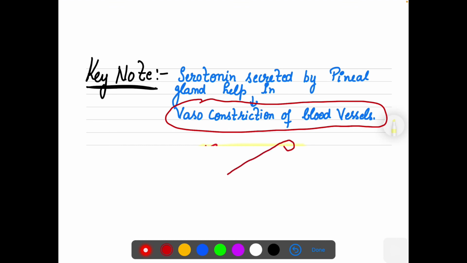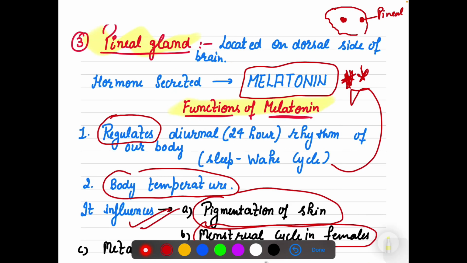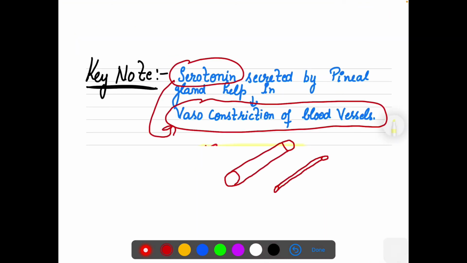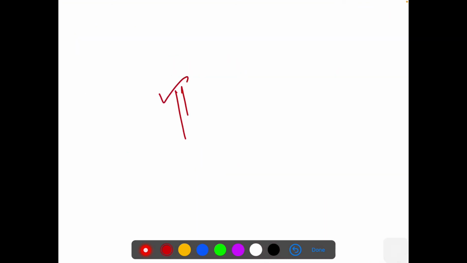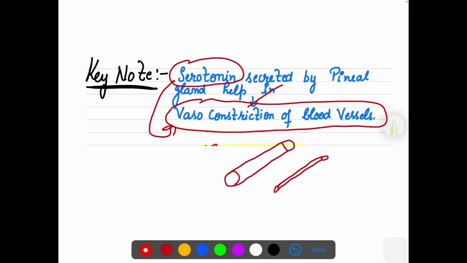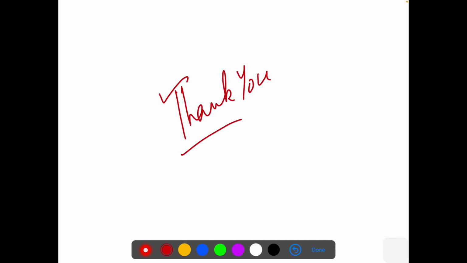If a blood vessel is this wide, it constricts and will just become like this, right? This is called the constriction of the blood vessel. So serotonin helps in the constriction of blood vessels, and melatonin is the main hormone which deals with the 24-hour rhythm of the body. This is all about today's lecture on the pituitary gland and the pineal gland. Next we will talk about the thyroid gland in the complete